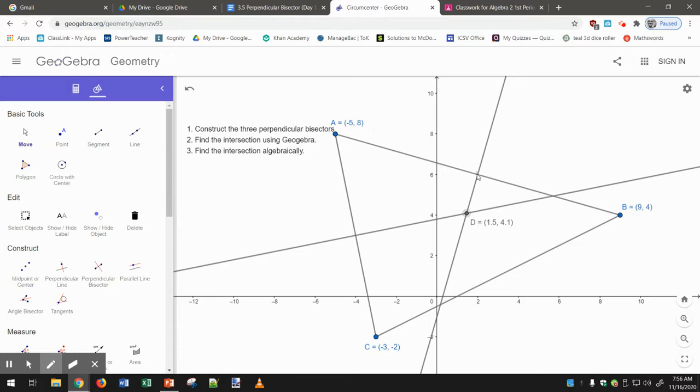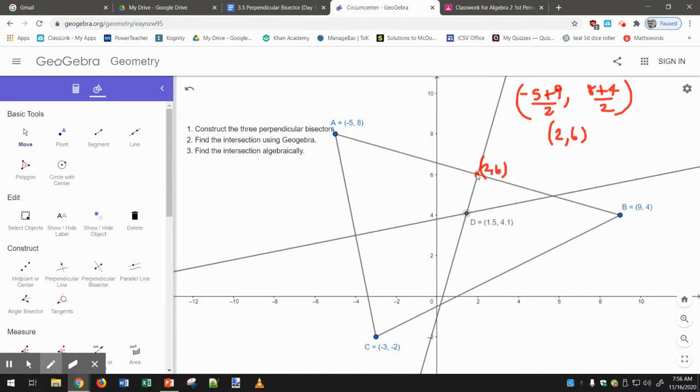So I need to find this midpoint by taking x1 plus x2, so negative 5 plus 9, divided by 2. That's the x-coordinate of the midpoint. And then take the y-coordinates, 8 plus 4 divided by 2. So this is 4 over 2, which is 2. This is 12 over 2, which is 6. So this point is (2, 6). Okay, might as well find this midpoint too, since, well, let's focus on this